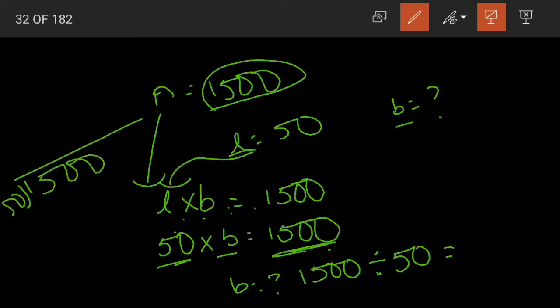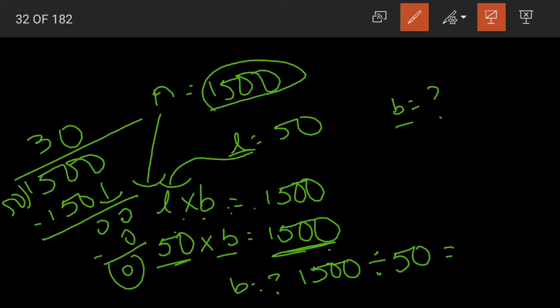We have 50 threes are 150. When we subtract, 0 is remaining, 0 brought down. 50 zeros are 0. When we subtract, 0 is remaining. So 1500 divided by 50 is equal to 30. Breadth is equal to 30